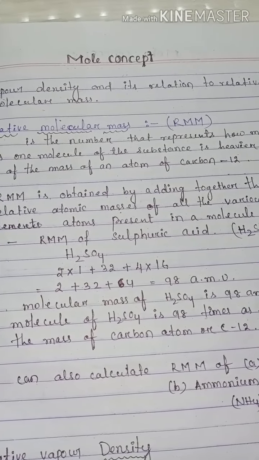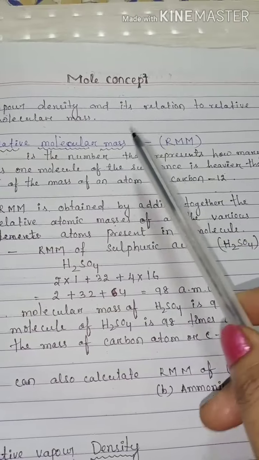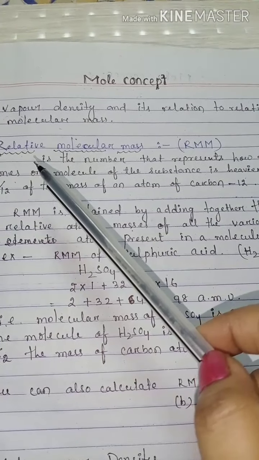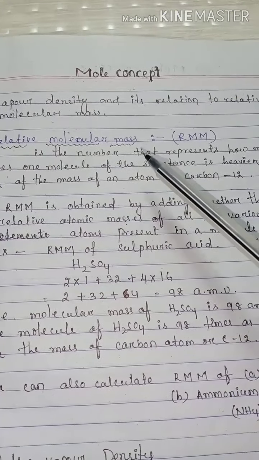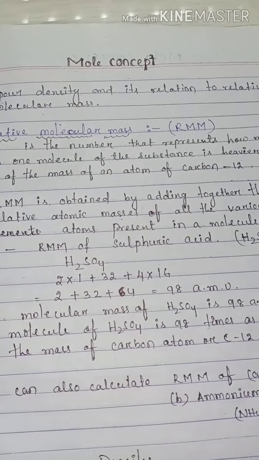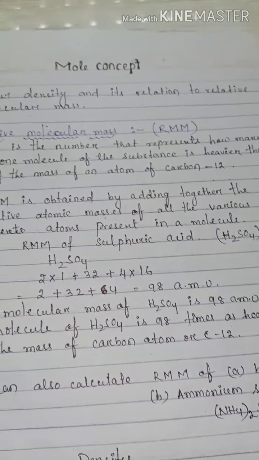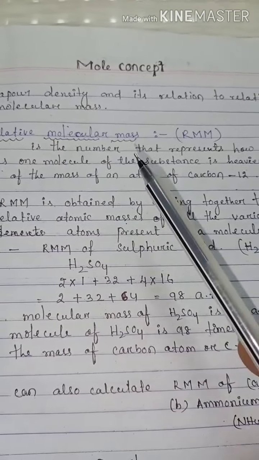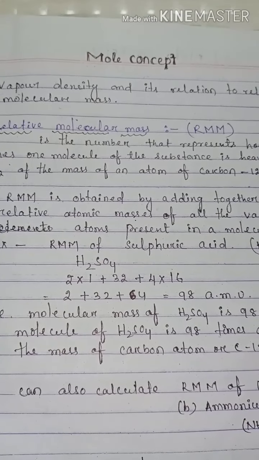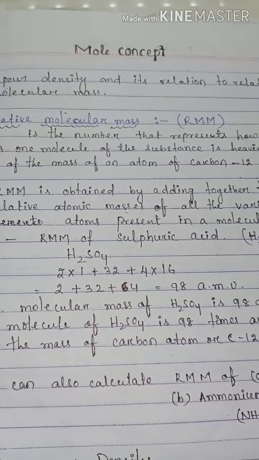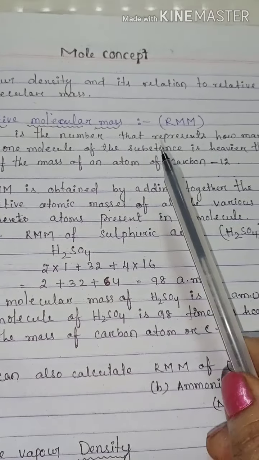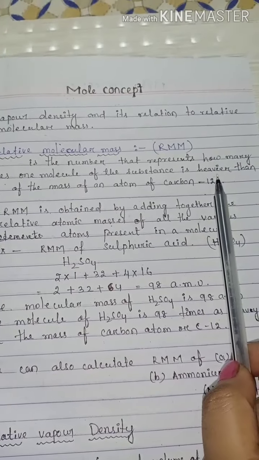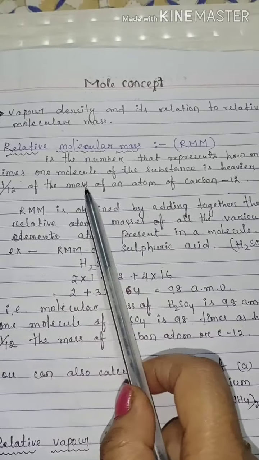Before telling about the relation between the vapor density and the relative molecular mass, I just want to tell what the relative molecular mass is. Generally, relative molecular mass is the molecular weight. The relative molecular mass or relative molecular weight of an element or a compound is the number that represents how many times one molecule of the substance is heavier than 1 by 12th of the mass of an atom